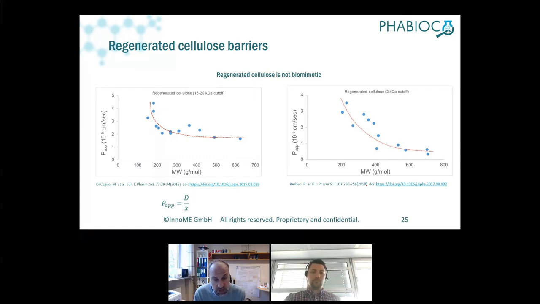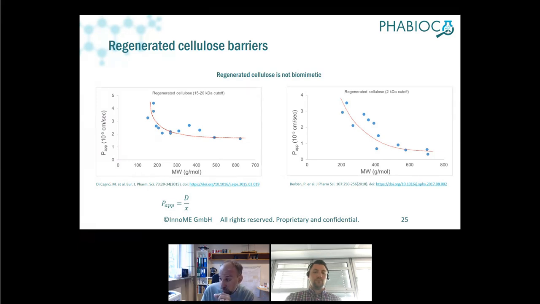These barriers are size exclusion based barriers. So they can discriminate the drugs according to their size more than their ability to go through biological barriers. And here I summarized the results of permeability through regenerated cellulose I have obtained during my years,